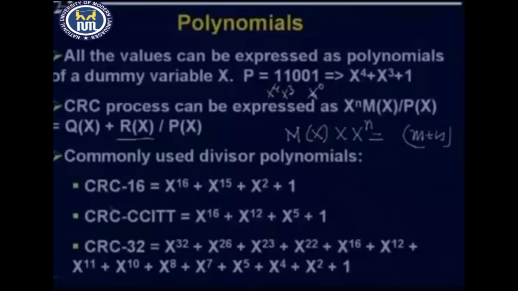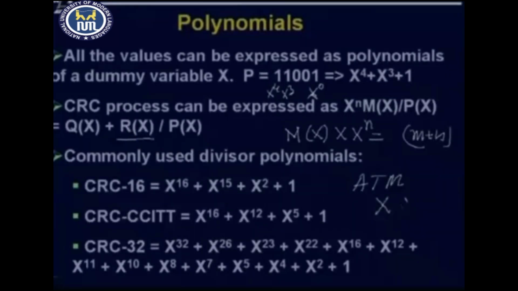These are used for the purpose of generating CRC check bits. Let's say CRC16, it is used in ATM, asynchronous transfer mode. Here it has a degree of 16, but only 4 factors. CRC-CCITT is used in many applications. It has a degree of 16. It has 4 factors as well,